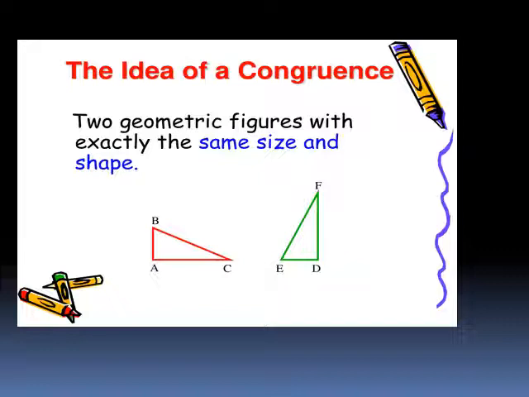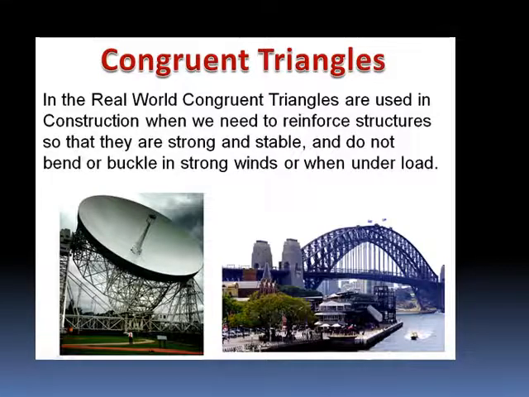Like in our particular figure, if you see that there are two triangles, triangle ABC and DEF, if they are congruent, we can easily see that AB will be equal to DE and BC will be equal to EF, AC will be equal to DF. So if such a situation happens, we can say that both the triangles are congruent to each other. So this part you already know.